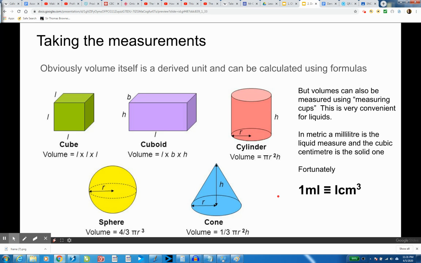Now, most of you know how to do basic volumes. You probably can do at least 2 of these. You might be able to do all 5 at this point. Which ones do I want you to be able to use? Just the cubic shapes. If you want to do cylinders and spheres, that's advanced work, right? And volumes can also be used with measuring cups, and this is very convenient for liquids. In metric, a milliliter is the liquid measure and the cubic centimeter is the solid one. Fortunately, they're the same thing. So 1 milliliter and 1 cubic centimeter